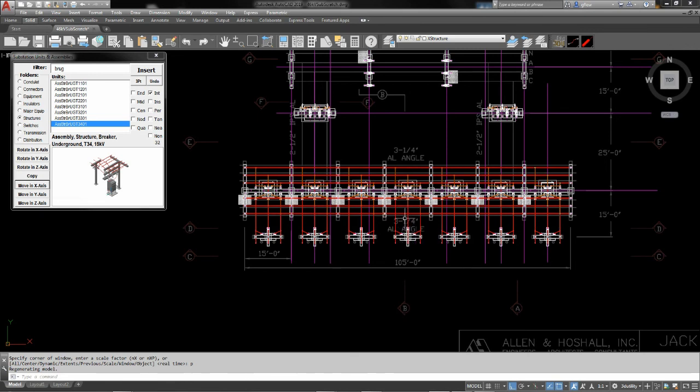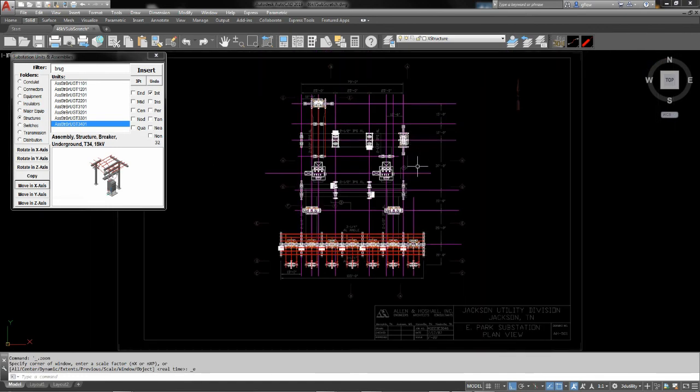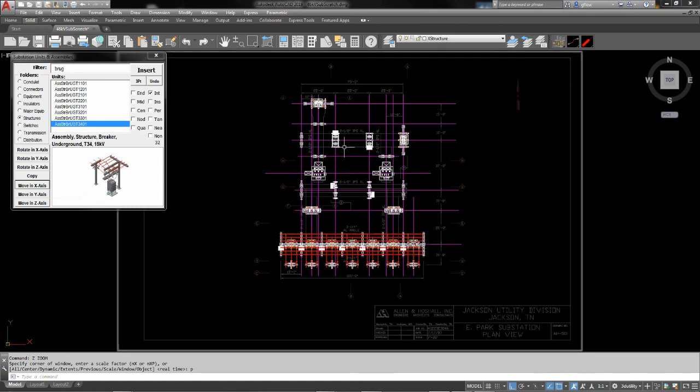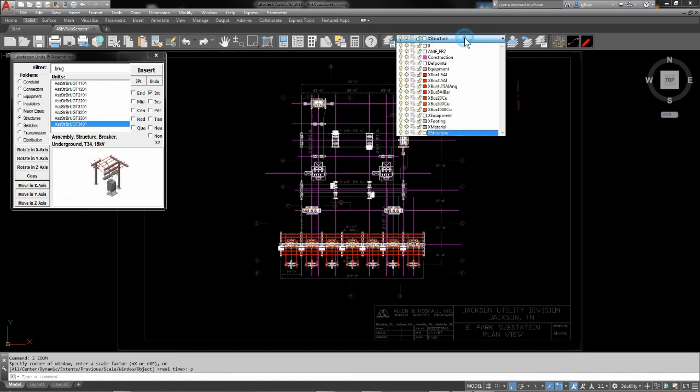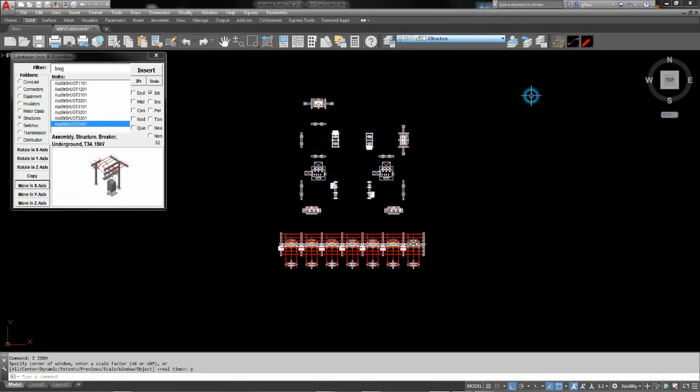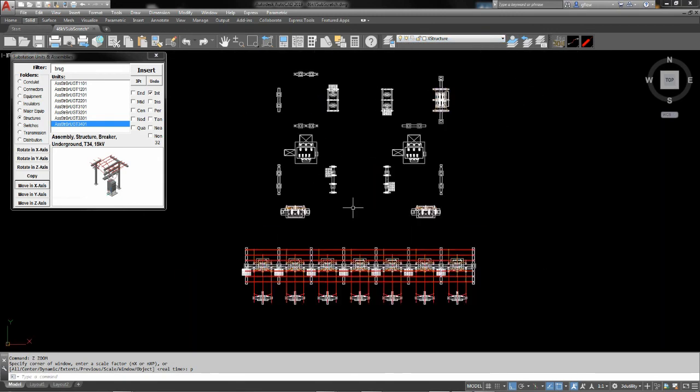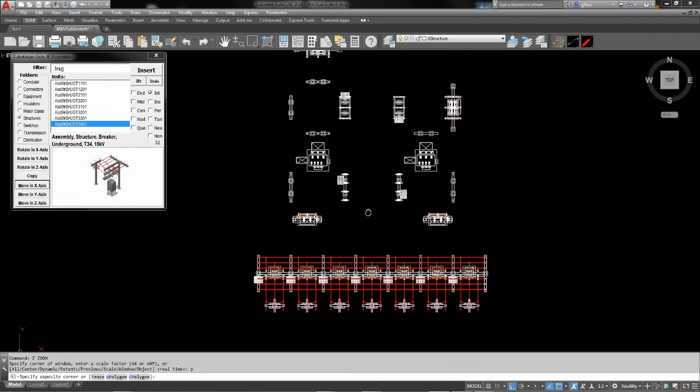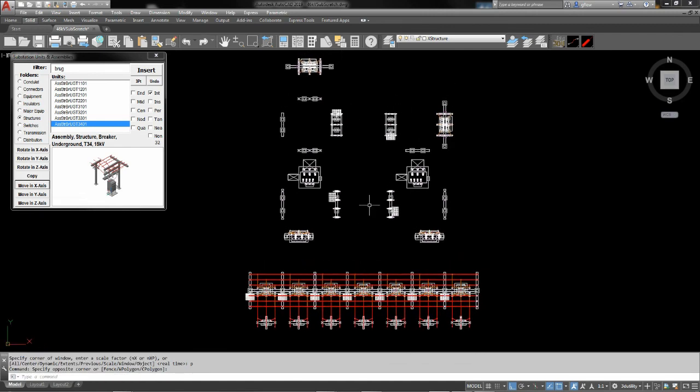But what we've done here basically is we've accomplished our original intent, which was to locate all of these structures. Let's just go in here and we'll turn off our construction line and our layer 0 so we can better see what we've done, what we've accomplished. At this point, I would refer you back to video 2, which shows how you go about installing bus and